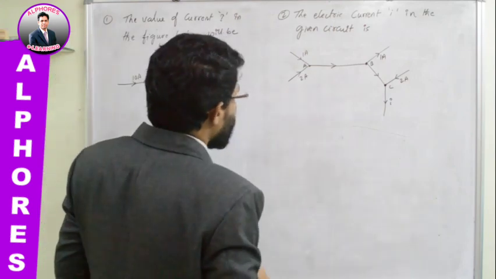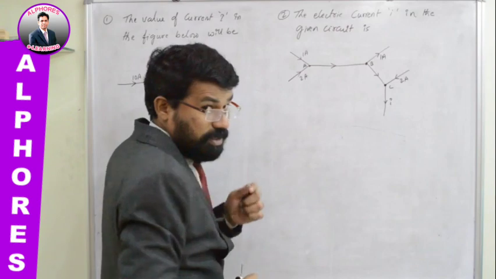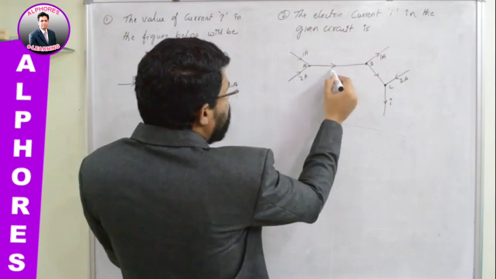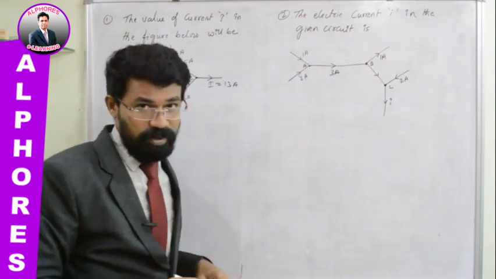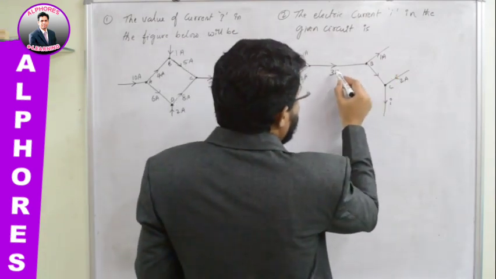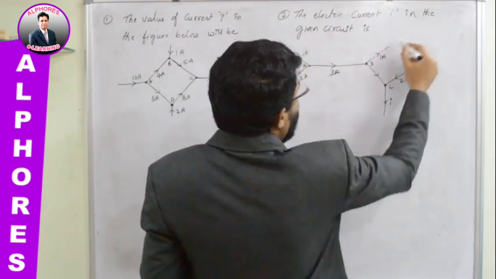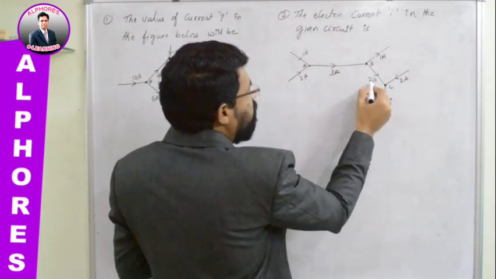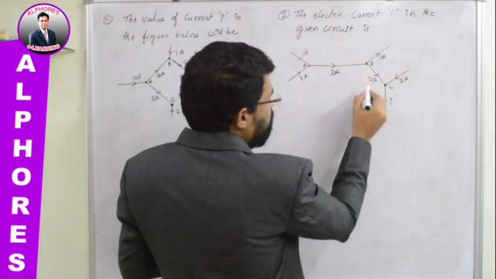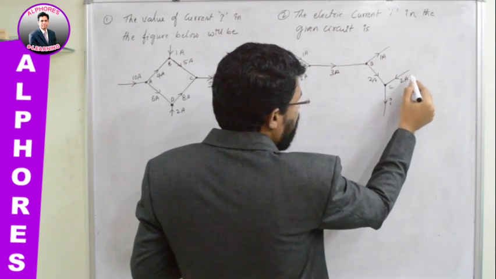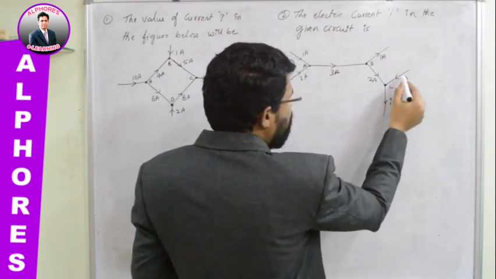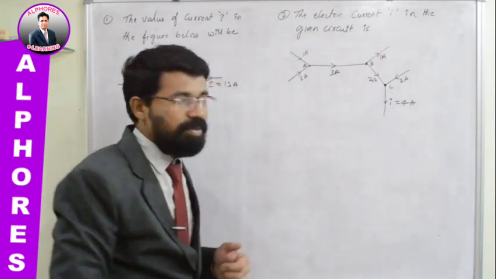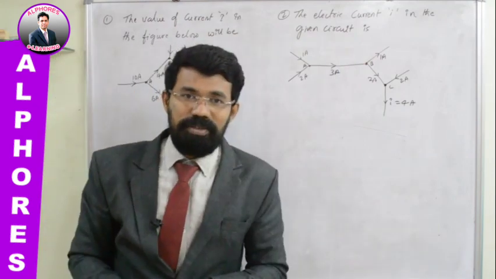Now look at this question. Here how many junctions are there? A, B, C. 3 junctions are there. How much current is approaching this junction? 1 ampere, 2 ampere. So how much current should leave? 1 plus 2, 3 amperes of current should leave the junction, according to the junction rule. Now 3 amperes of current is approaching the junction. From this junction 1 ampere of current is leaving. So in this direction how much current should leave? 2 amperes. Then only 2 plus 1 will equal 3. Now 2 amperes of current is approaching junction C, and from this direction 2 amperes of current is also approaching junction C. So how much current is approaching junction C? 2 plus 2, 4. So how much current should leave? 4. So the I value is 4 amperes. In this way you can handle problems related to the junction law.